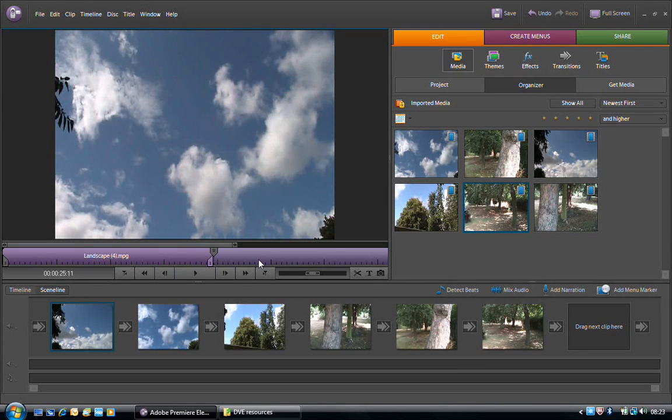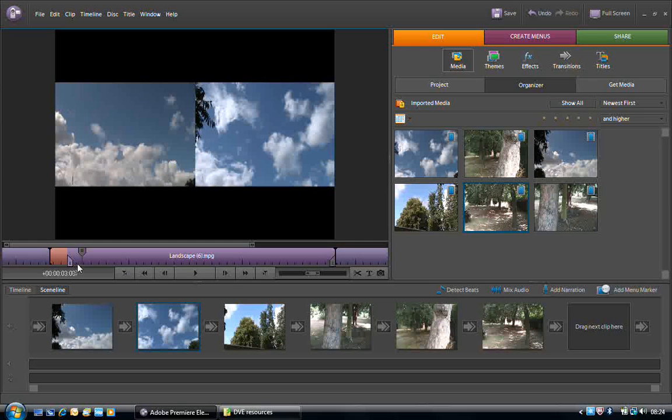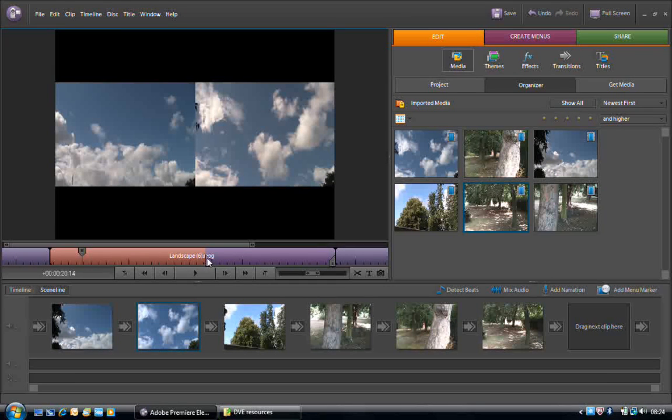We look at the next one, and again it's always a good idea to be aware of which clip you're in in the mini timeline, as indicated by the in and out point markers. You can again just drag in the in point, try and get rid of all of the trees. And if you look to the monitor panel, you'll see that I've got the out point of the previous footage displayed on the left hand side, and the in point of the current footage that I'm working on the right hand side. If I release the left mouse button again,